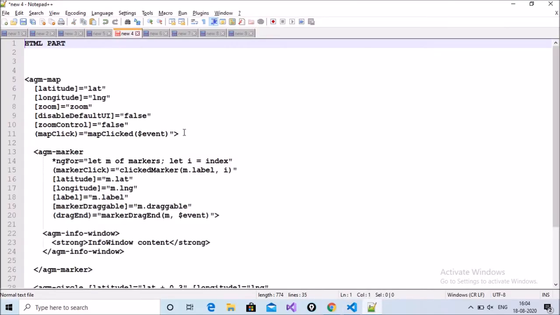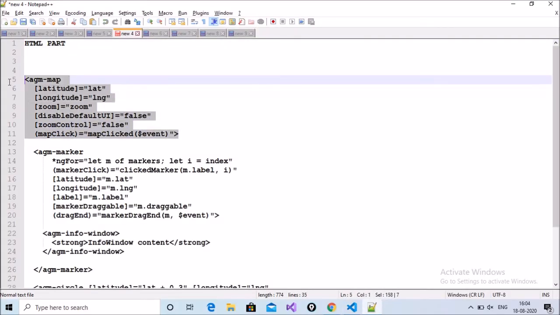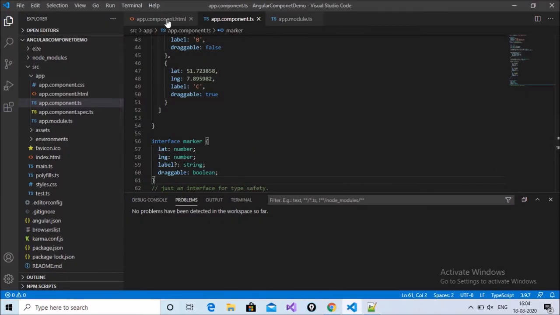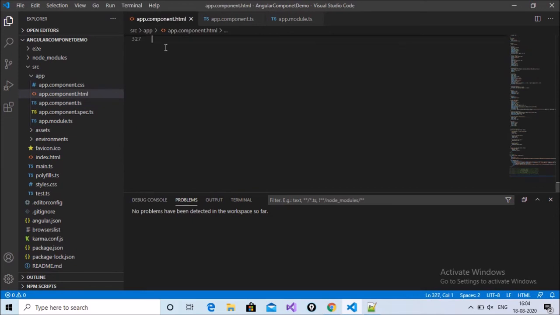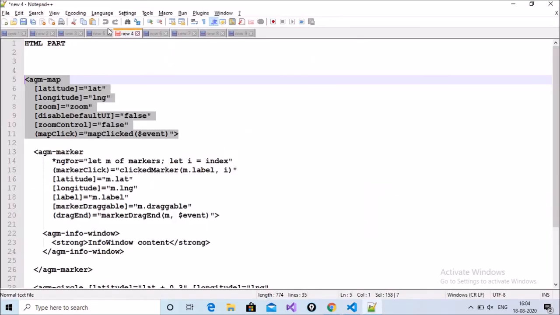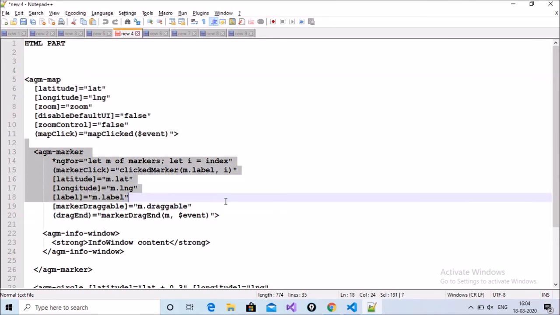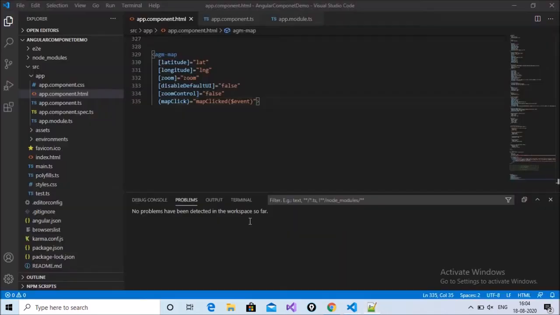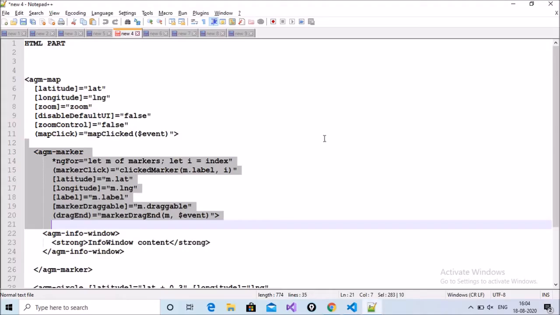Now the HTML part. Copy the AGM map HTML and paste it in app.component.html. After that, copy the AGM marker HTML and paste it below this.